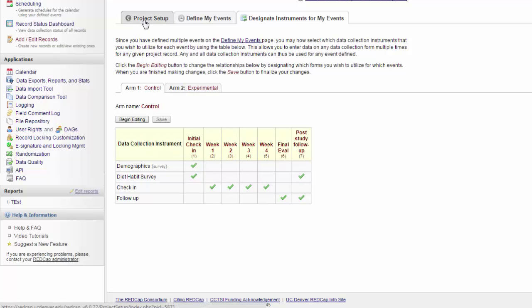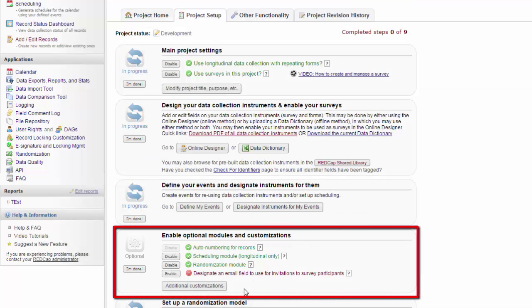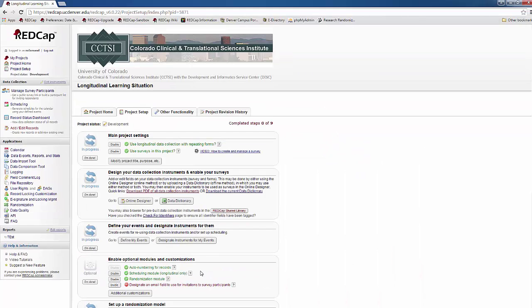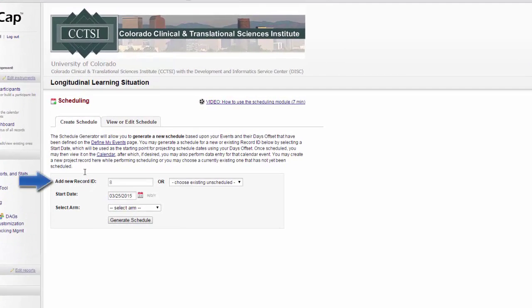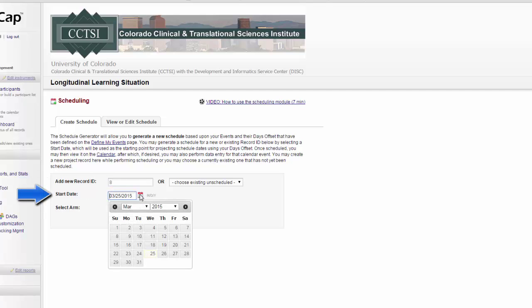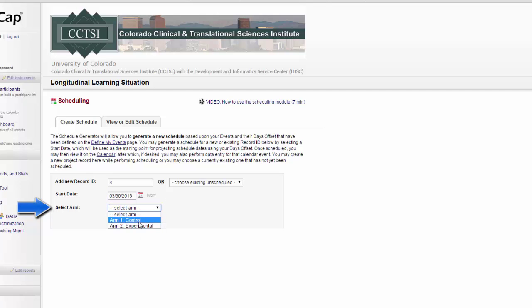Another useful part of the longitudinal study is the more detailed use of the calendar that's available. On the Project Setup page, under the Enable Optional Modules and Customizations, enable Scheduling Module Longitudinal Only. Now go to Scheduling under Data Collection on the left-hand menu. Here, you can choose to add a new record or modify an existing record. You can pick a date for the first event. So, I'll say that for Record 8, their first event should happen on March 30th. Then you select an arm of your study,